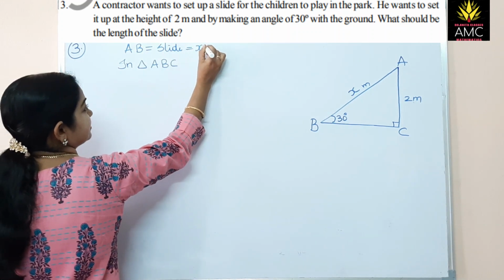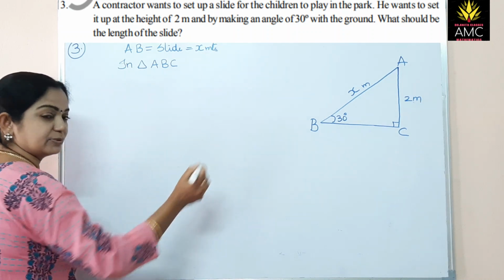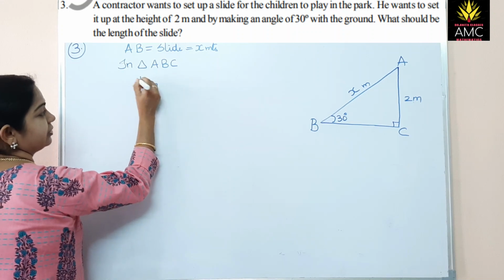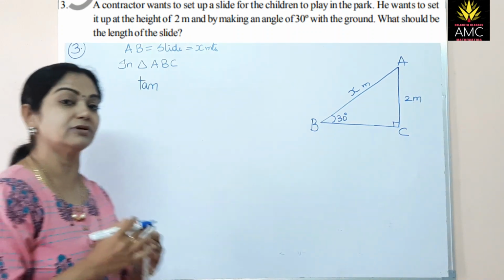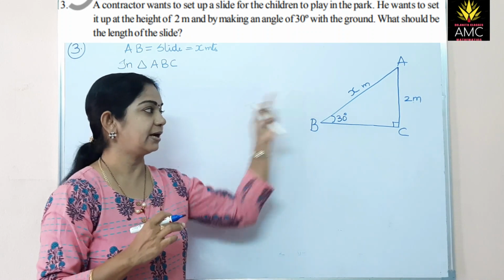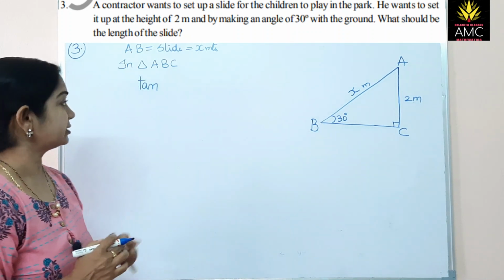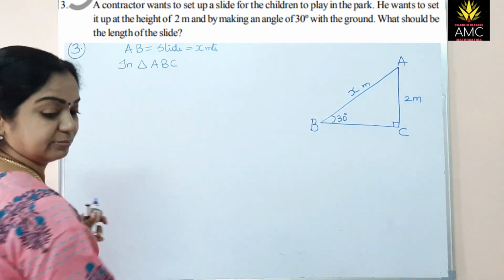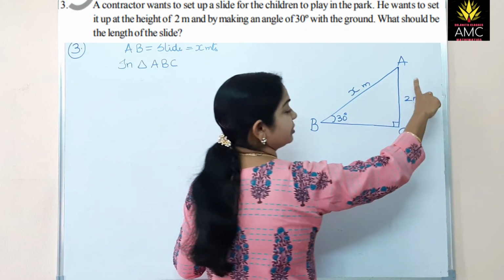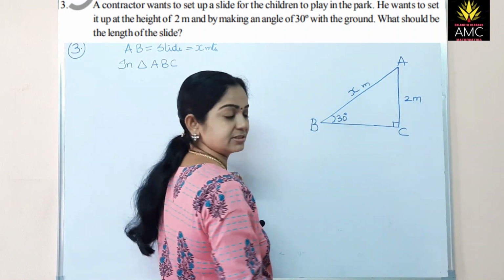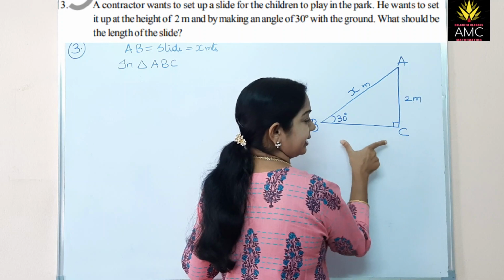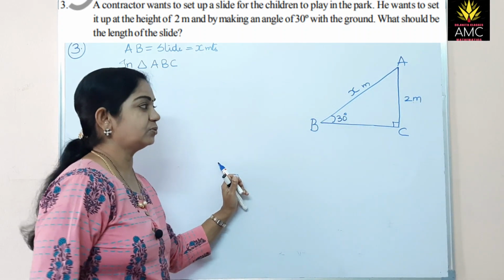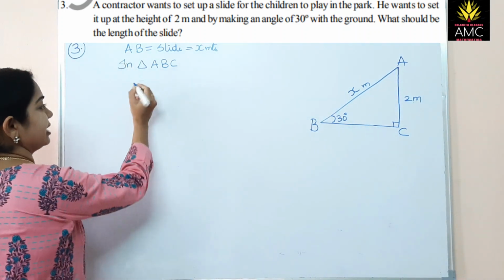is equal to x meters. So I am supposing the slide is x meters. That I need to find. Now tan function. Why we are not taking sine and cos? Because sine involves opposite and hypotenuse. Okay, right. We should not take tan. I'm sorry. Here we have to take the sine function, because sine function only involves opposite and hypotenuse, whereas tan function involves opposite and adjacent. Cos involves adjacent and hypotenuse. Okay, so we have to go for only sine function.